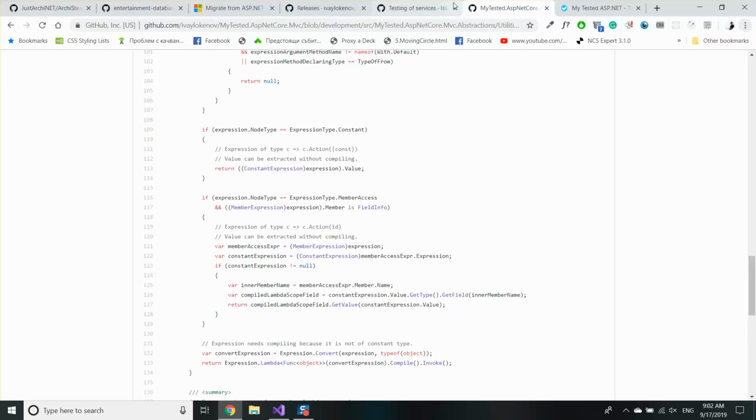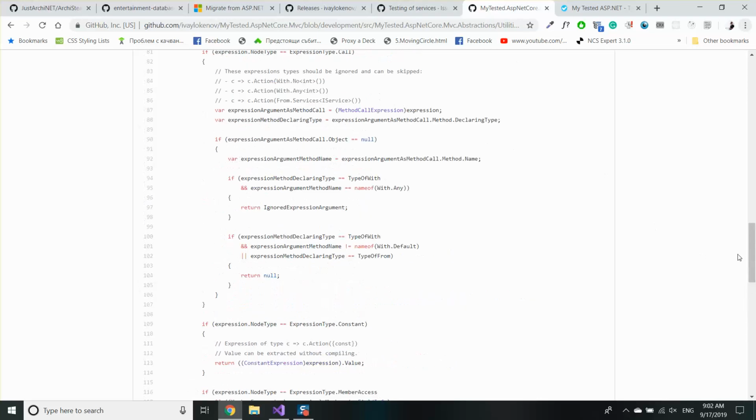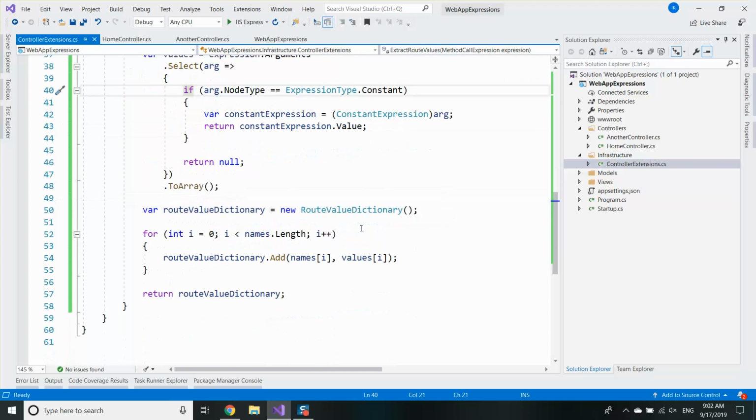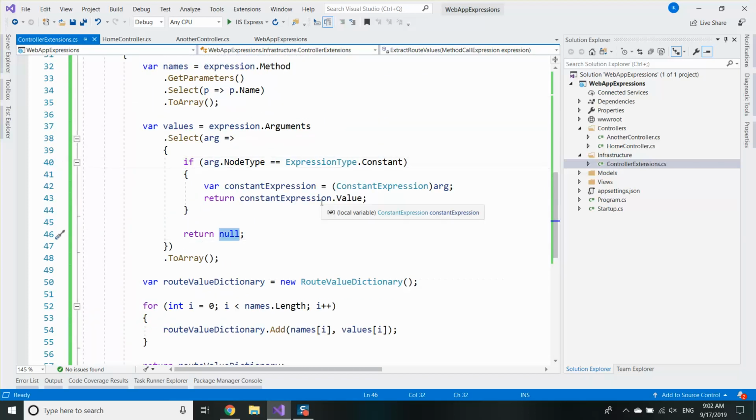I'm going to show you a simpler way of providing the ID value by using compile. I know I said in the last video that compile is the slowest operation we can do on an expression tree, but trust me, again, I have used that code in many of my web applications and it's working fine. Okay,